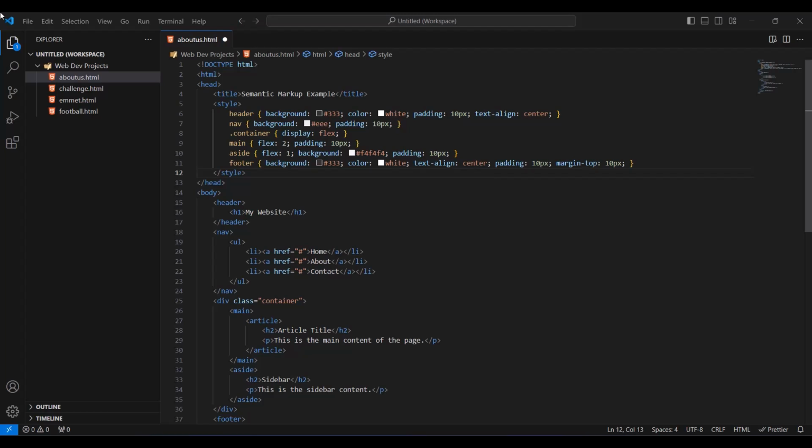Furthermore, tables are not just static elements. They can be dynamic and interactive, especially when combined with JavaScript. We're going to learn later about JavaScript. You can create features like sortable columns, searchable data, and paginated tables, enhancing the user experience by making it easier to find and interact with the data.